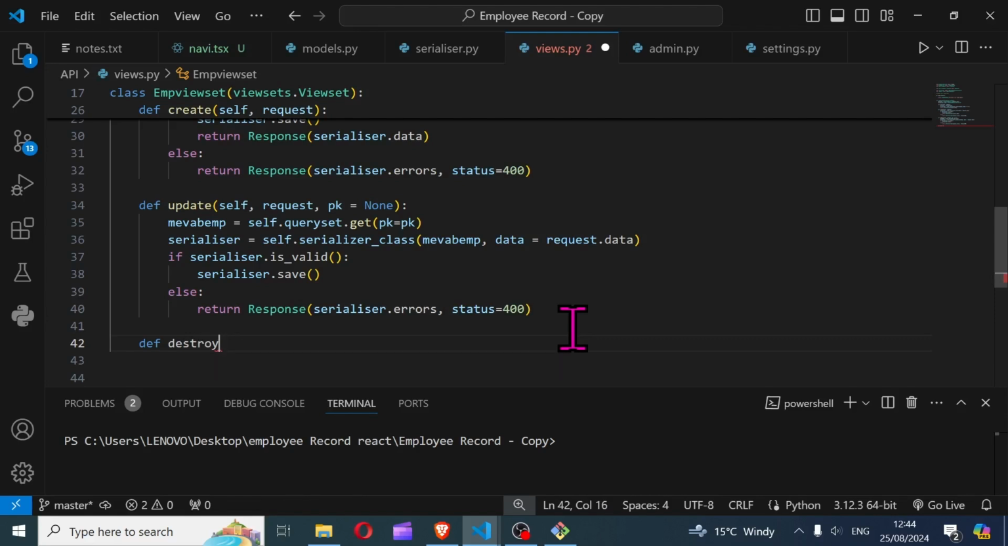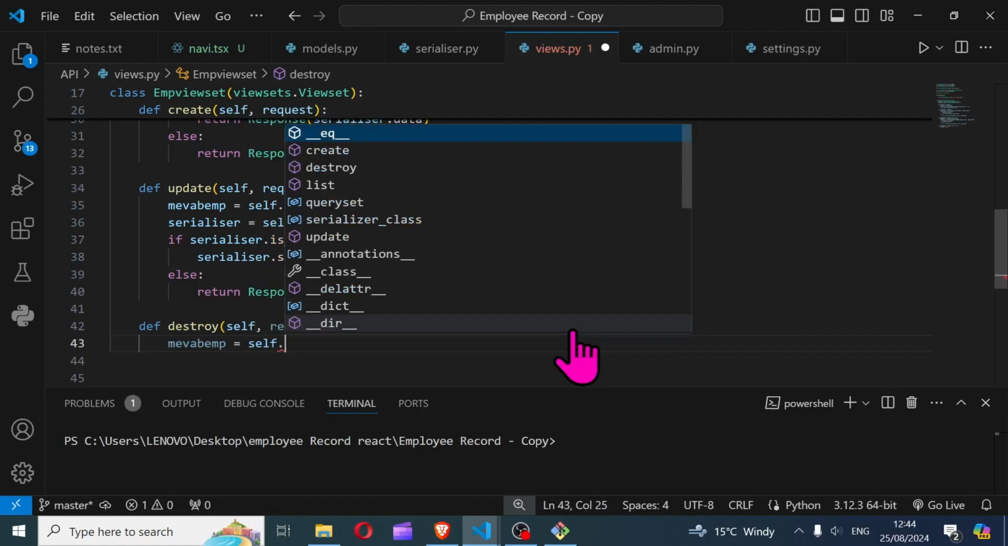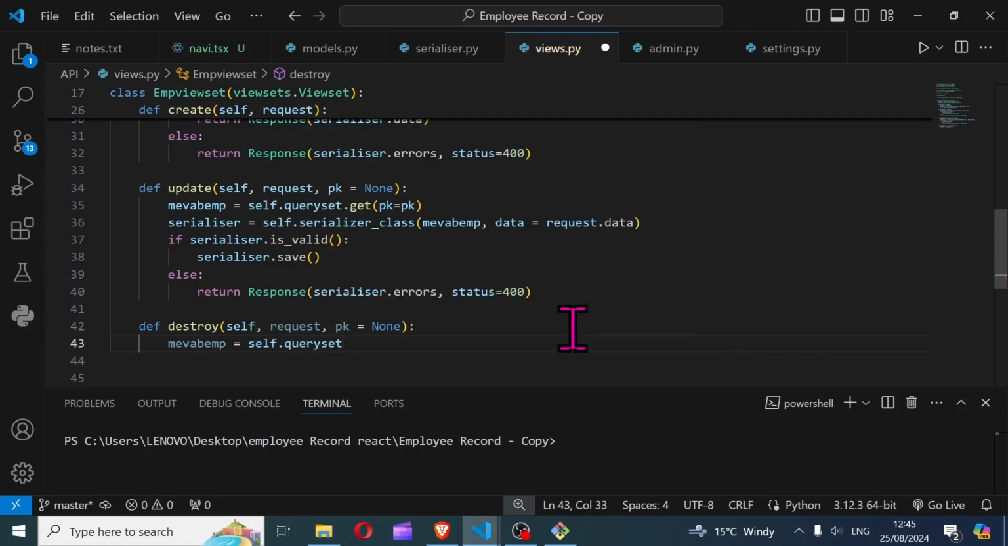Yeah, destroy. So you say self comma request comma. Initially, pk is none, no primary key. And then you define a variable. I'm still gonna call it meverb emp equals self dot query set parenthesis pk